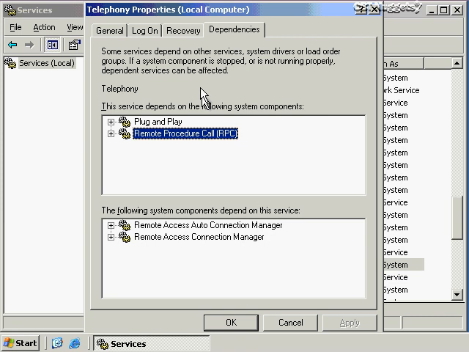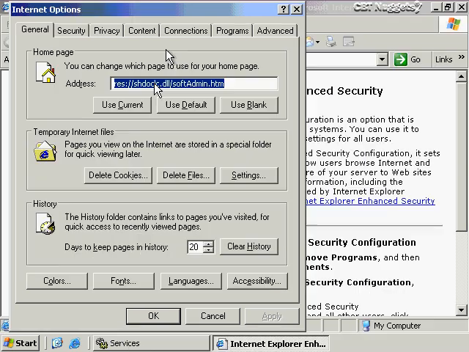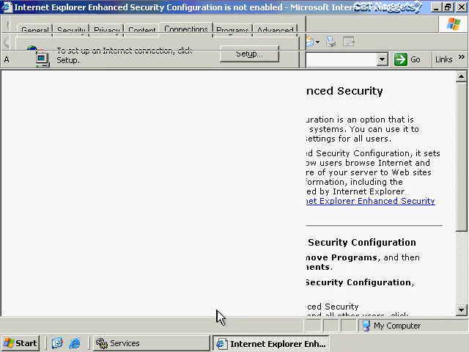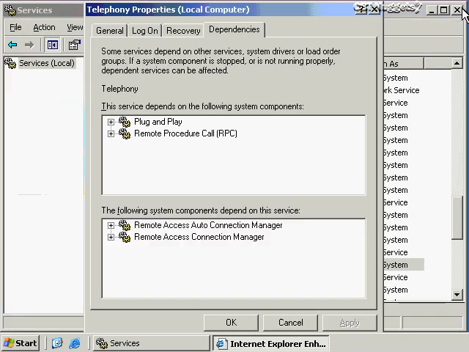If I go into Internet Explorer, for example, and let me just go to Tools and Internet Options, notice that this Connections item would allow me to potentially select a dial-up connection. I don't have any dial-up connections anymore on this server, but if I did, it would show the various dial-up connections that were available, whether VPN or dial-up, and I could choose to automatically dial one of those out anytime I double-clicked on Internet Explorer. Well, that's where this Remote Access Auto Connection Manager piece takes place.